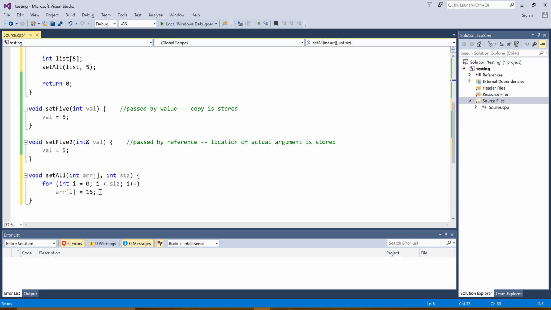But actually, arrays work a little bit differently. When you pass in, as an argument, the name of an array, the name of an array has a value, which happens to be the location of the array. This is how it works. So here I actually am passing in a location. And so when you pass an array as an argument, what is actually used is the array that is passed in. So in effect, this is already passed by reference, because I'm passing in a reference to the array. The reference to the array is going to be used. And this is all because the name of an array has a value, namely the location of the first spot